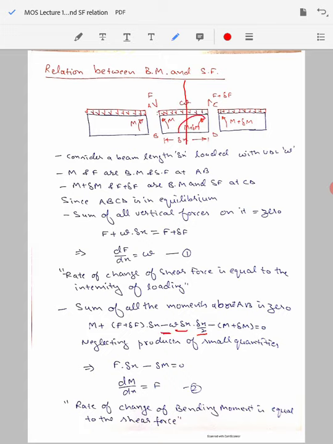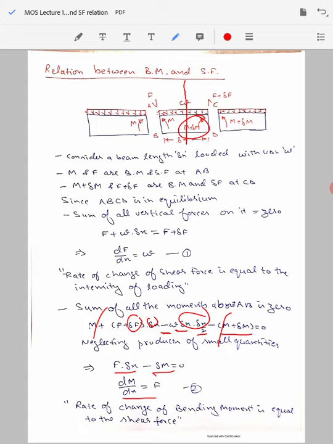Next is the bending moment M plus delta M, which is acting in a clockwise fashion, so again it will appear with a negative sign here. Now from this equation, if we neglect the small quantities such as the multiplication of delta F with delta x and delta x square and so on, and we cut out this M with this M, finally what will be left is F dot delta x minus delta M equal to 0. If we take the limit delta x tends to 0, it will give us the full differential dM by dx